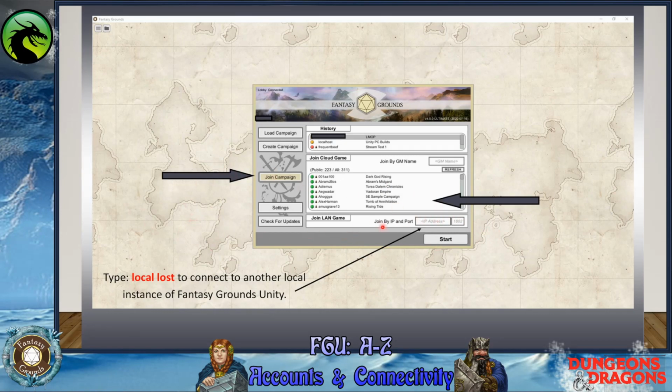One thing I wanted to mention is, as the host, if you want to see how things look on the player side, you can connect to yourself locally. So what that means is in this box, once you start a second instance of Fantasy Grounds, so in other words,